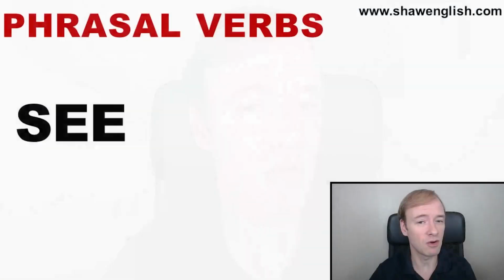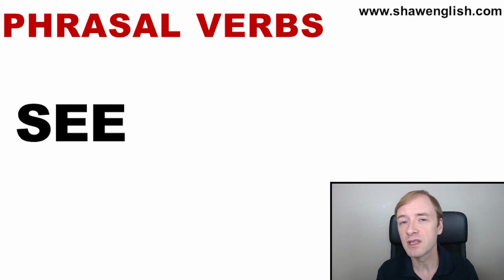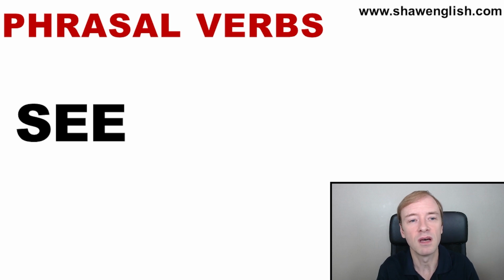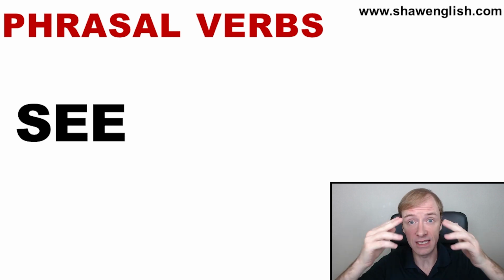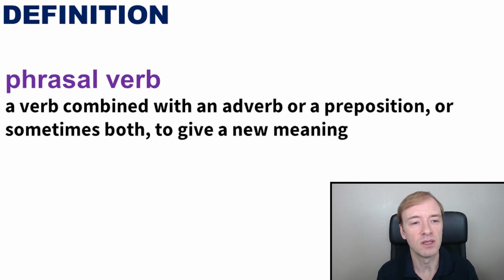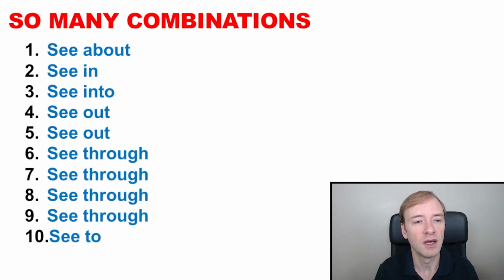Now, I'm not going to talk about all phrasal verbs. There's thousands and thousands of phrasal verbs. I'm just going to focus on a small portion of phrasal verbs: phrasal verbs using the verb see. Now, we all know the verb see, but what is a phrasal verb? A phrasal verb is a verb combined with an adverb or a preposition, or sometimes both, to give a new meaning. So my examples today, you can see I have 10 examples of the verb see, and next to it